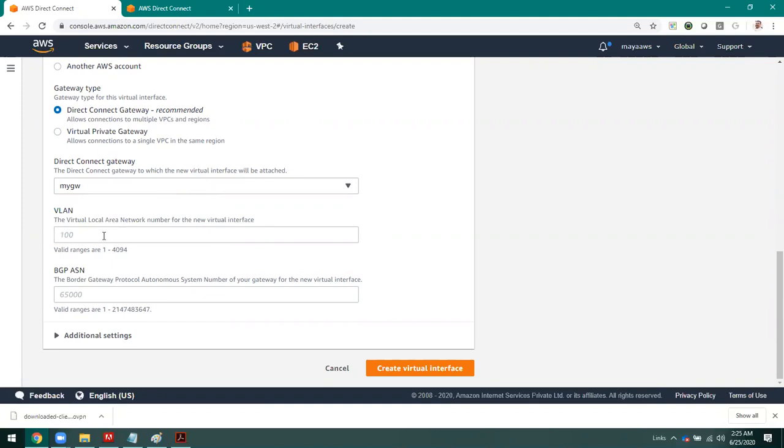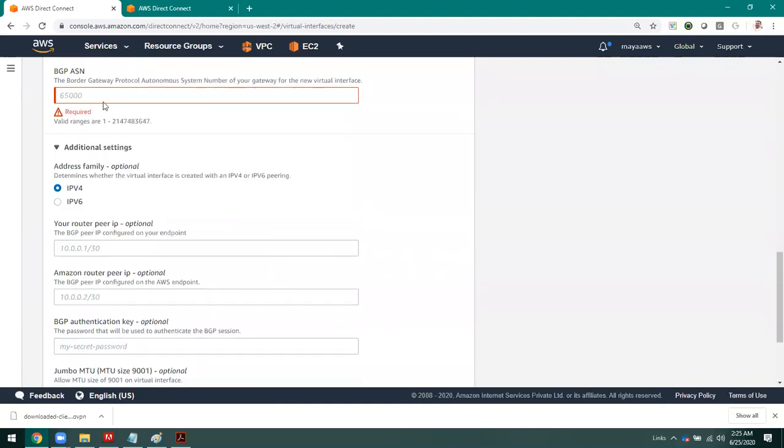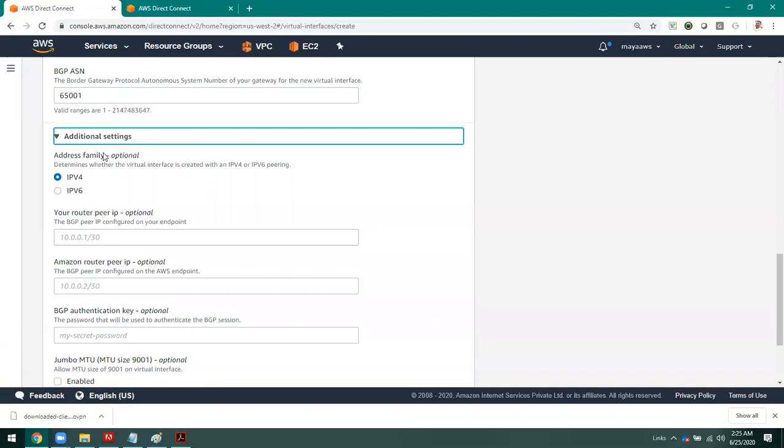I'm selecting the gateway. Then you have to provide the VLAN information here, which VLAN you want to advertise. Then you have to mention the BGP configuration. Okay.